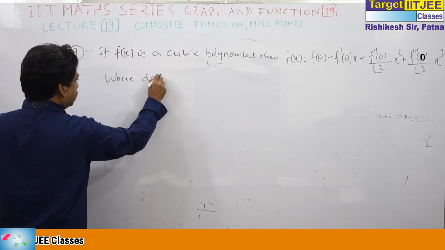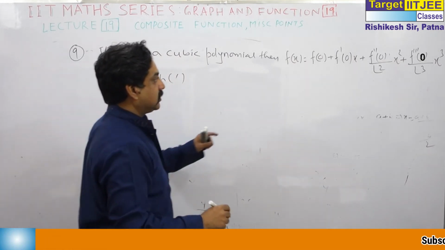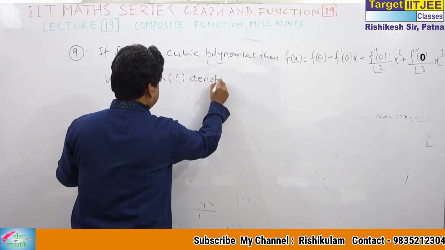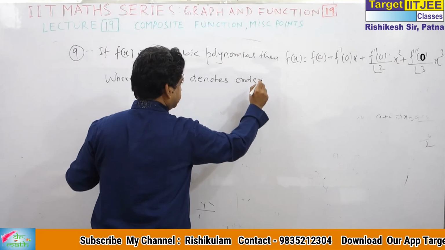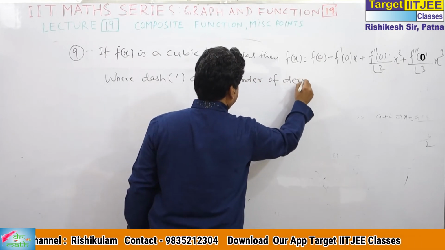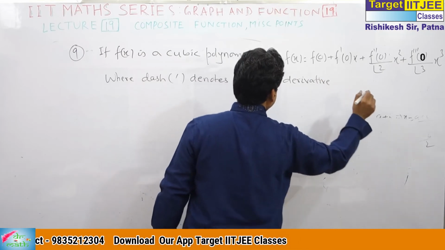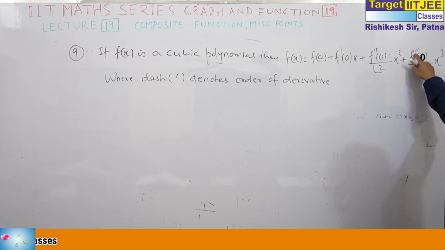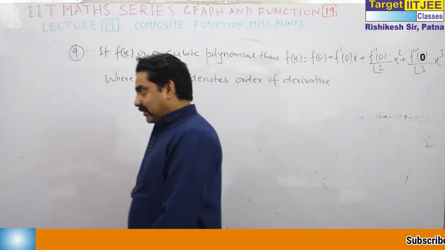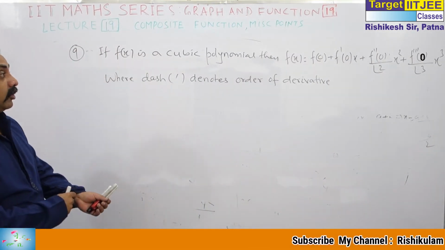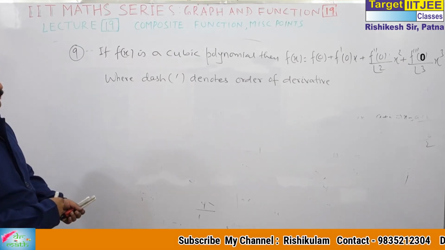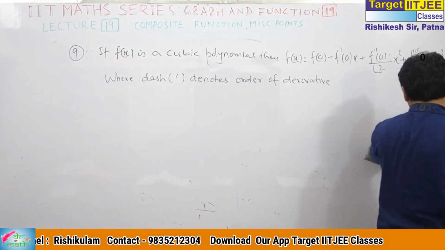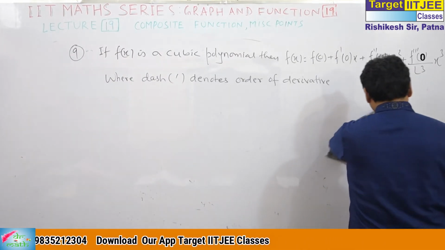Where this dash, I am taking this dash denotes order of derivative. Order of derivative means what? This is first order derivative, this is second order derivative, this is third order derivative. And we will get a conclusion for a polynomial of infinite degree. But let me deal with this first. A polynomial can be written as this. For this, what I do,